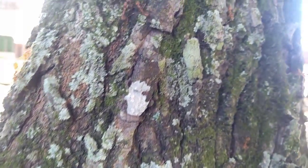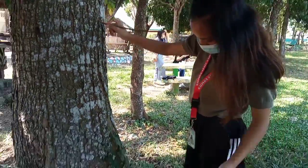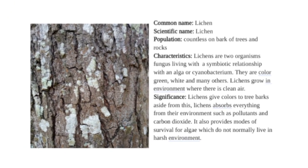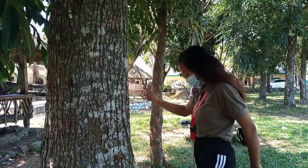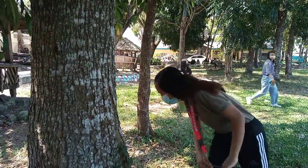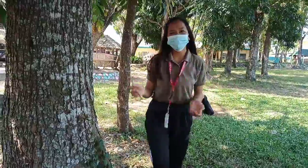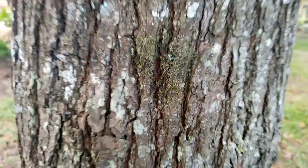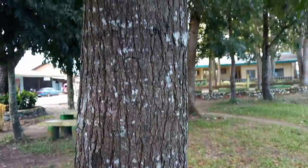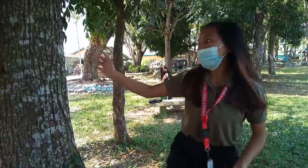And we also have the lichens. These lichens grow on the bark of trees as well as on rocks. There are a lot of lichens found in the trees of the KSU Oval. Lichens are two organisms, fungi and algae, which have a symbiotic relationship by which they need one another in order for the lichens to grow. They are colored green, white, and many others. They grow in environments where there is clean air, and they also absorb everything from their environment such as